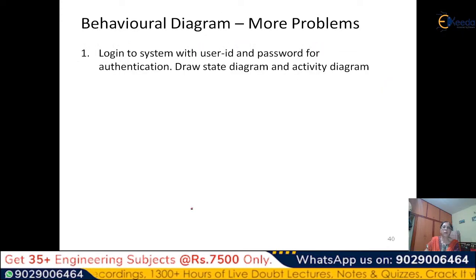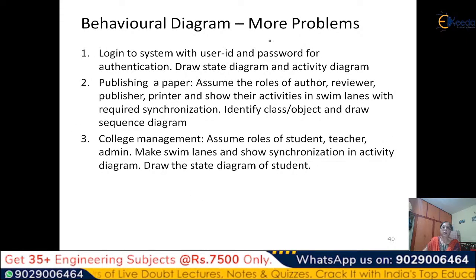So now you can do some more problems. I have written some more problems for you. You can create behavioral interaction diagrams for login to the system with user ID and password authentication. You can draw the state diagram. You can draw the activity diagram. Then you can take another